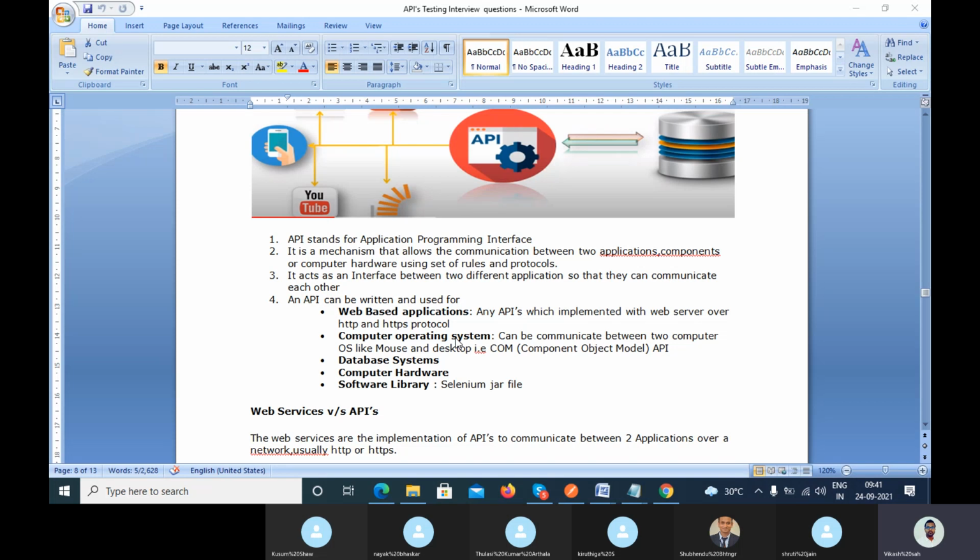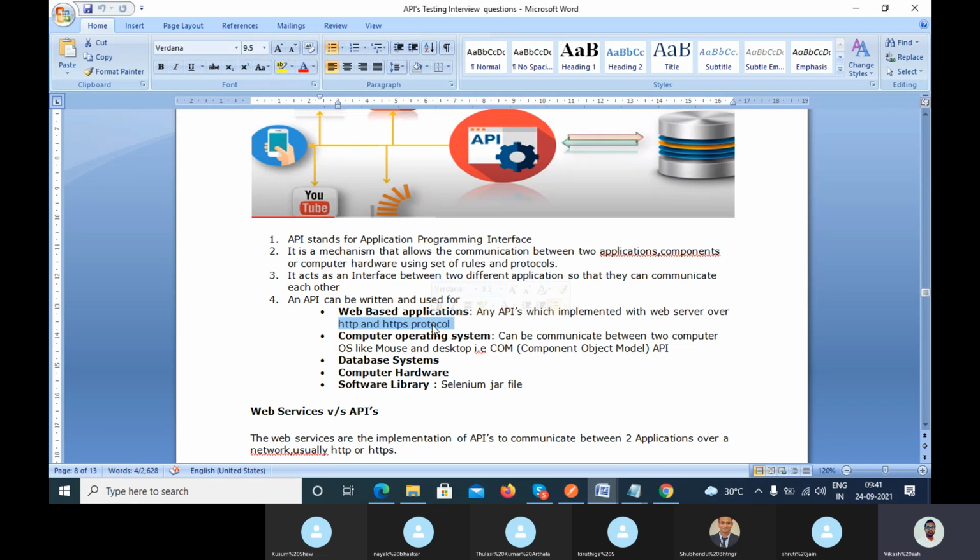If you are using Java, you need the Java file. Any software library you use is an API that provides you the interface, right? And if a web application, or any application, communicates with each other using the protocol HTTP and HTTPS, that is also an API.